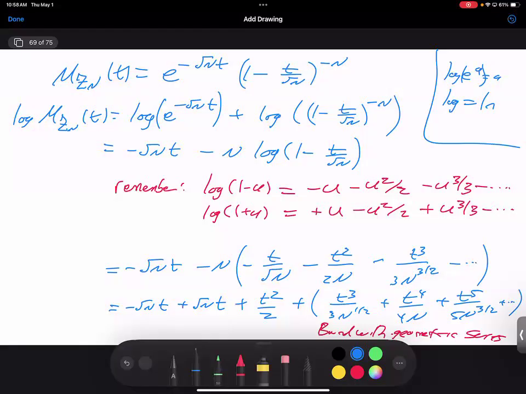But sometimes if you do too nice of an example, you miss the general argument. There was a reason I didn't want to do the Poisson, I didn't want to do the chi-squared, because they're too nice. The moment I have a closed form expression for the sum of Poisson, it's Poisson. I have a closed form expression for the sum of chi-squared, it's a chi-squared. I wouldn't have to do some of the stuff over here, which is what I need for the general case. Exponential plus exponential is not exponential. So this was a much better example to do because it really highlights the general case.